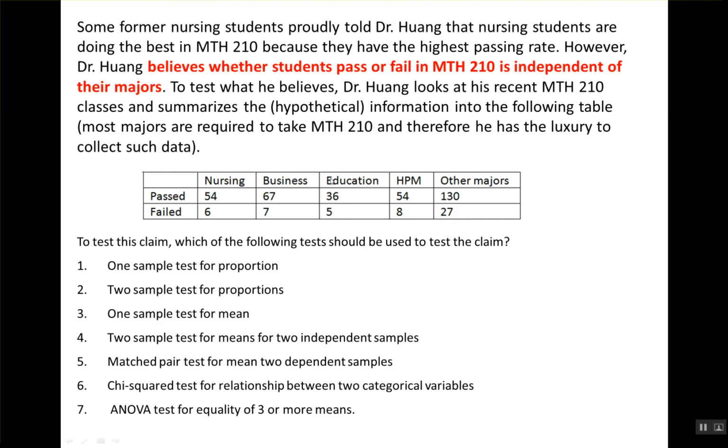And if you can recall, to test the relationship between a row variable, this is your row variable, pass or fail, and the column variable, which is the major, right? So we do the chi-square test for relationship between two categorical variables. So you do a chi-square test. Now the next one,